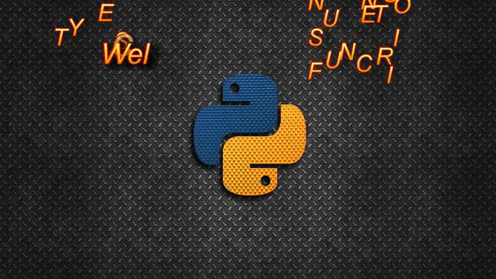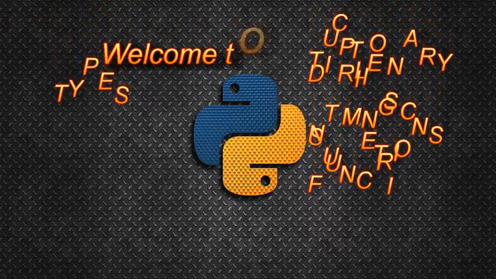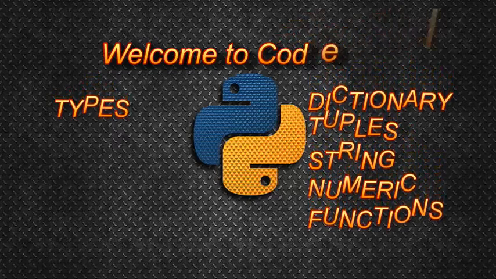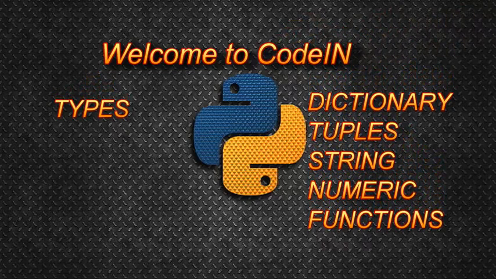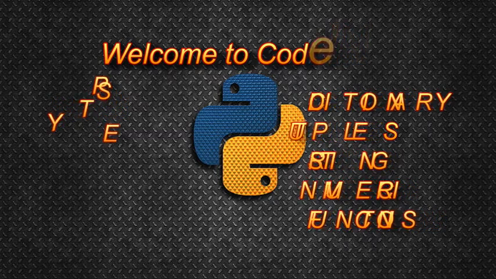So last time we discussed Python functions, how we declare functions in Python and how we can use them as arguments or objects of a function. Basically it was an overview of how we define functions and how we can present them. Now we have various functions and other types available in Python, like dictionary functions, list functions, and all the other string functions. So today in this lesson we are going to learn about dictionaries, what tuples are, and what string functions are.